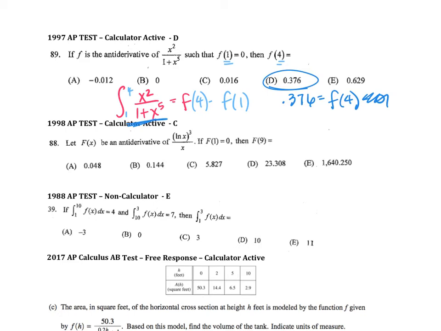We're going to follow that same process with this next one. Let big F be the antiderivative of natural log of x cubed over x. And again, big F is the antiderivative. I'm going to go ahead and use these x values as my bounds, so that from 1 to 9, the antiderivative of that function would give me f of 9 minus f of 1. Go ahead and type in this left-hand side to your calculator. I got